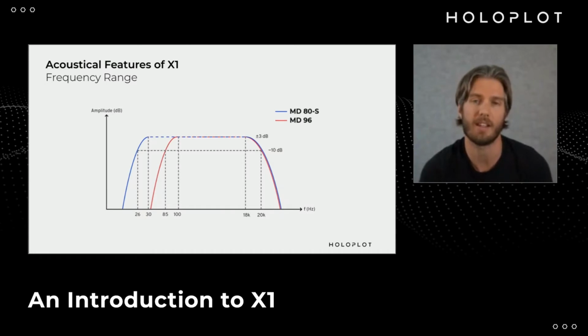So the MD96 is a full range cabinet. A lot of the time we'll only drive it down to maybe 100 hertz, but this can actually be extended. You can have a low frequency extension down to almost 70 hertz if required. But obviously that will have a slight reduction in the max SPL when you spread that over a wider frequency